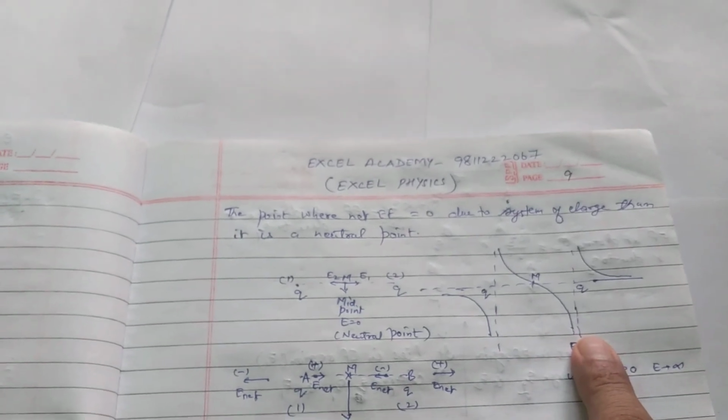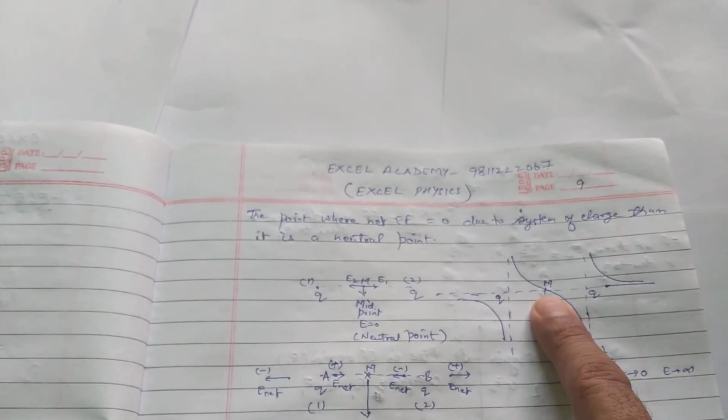Now let us consider the other case here outside. At this point again I am taking a test charge, and since test charge is always positive, so this charge is going to repel, and similarly this charge going to repel. The net electric field is in this direction. Similarly the net electric field is in this direction. So I am just plotting the graph here. At midpoint electric field